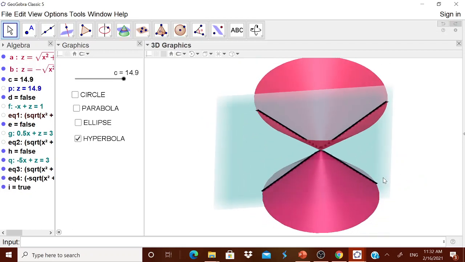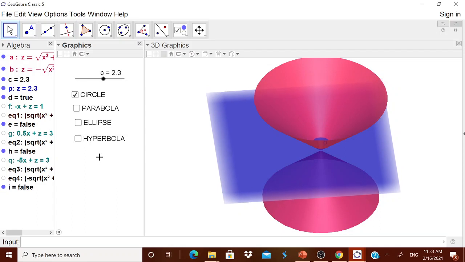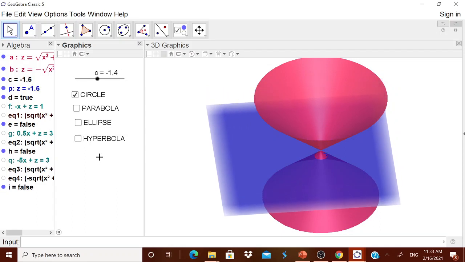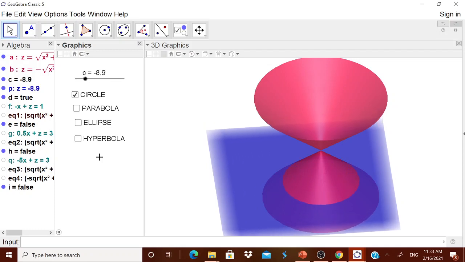Well, this is one particular worksheet where we are showing the children the circle, hyperbola, parabola and ellipse, and how each is formed by rotating the plane. Highly interesting. The child will definitely enjoy it.